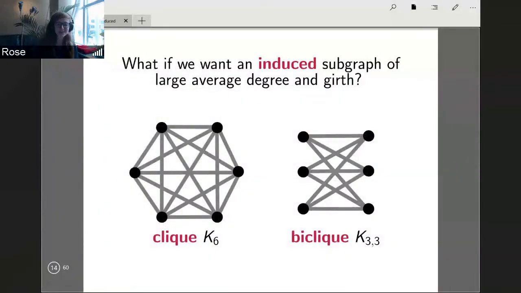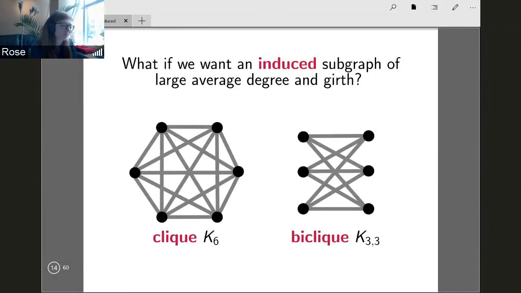Yeah, so to start with, the literature is focused on just finding subgraphs. And so the main focus is going to be what if we want to find induced subgraphs. And there, we're not allowed to delete edges. We're just allowed to delete vertices. And so you get two problems right away, two sort of obstructions for Thomassen's conjecture being true for induced subgraphs. And those are cliques and bicliques.